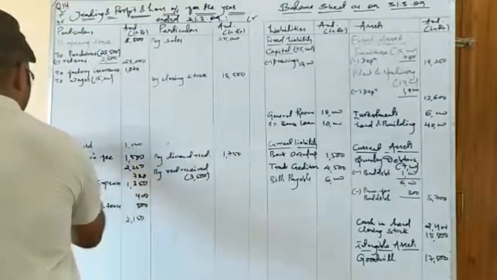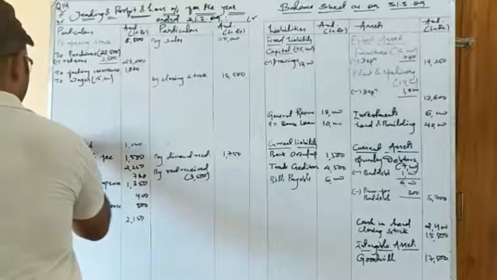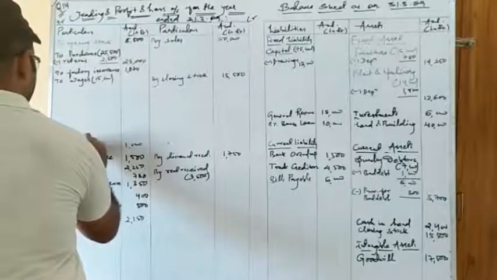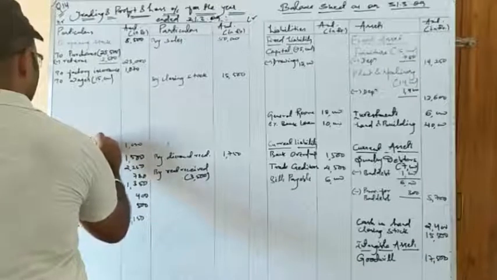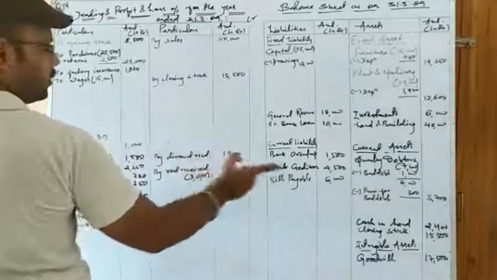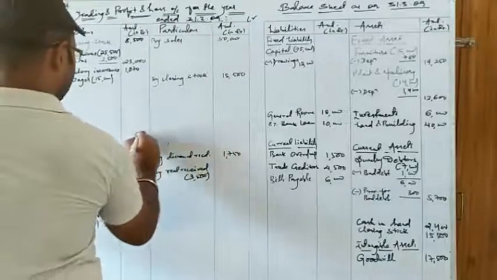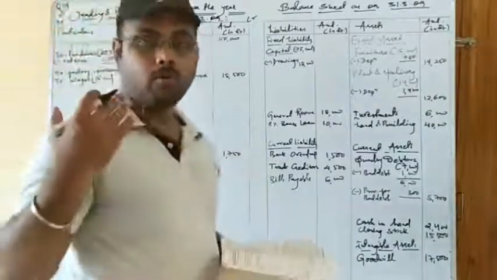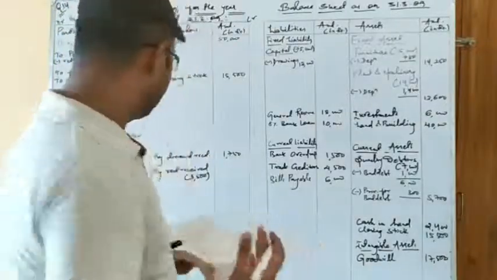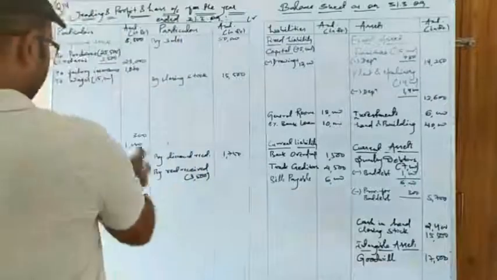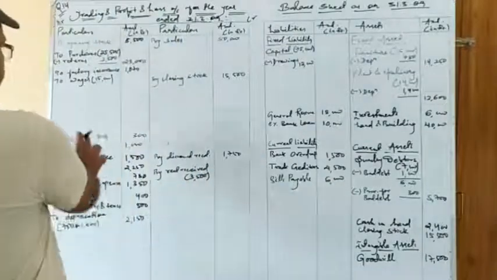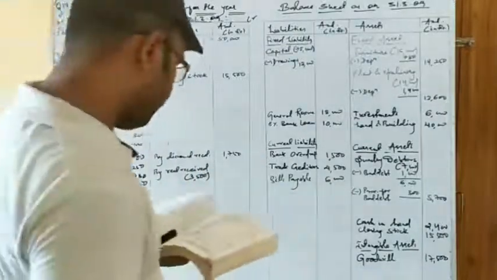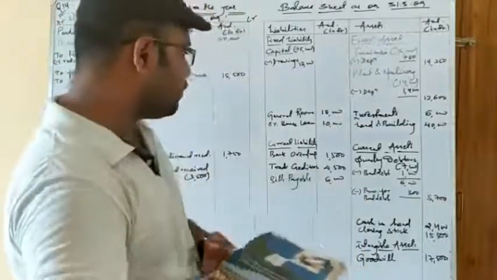So to provision for doubtful debt, that is 300. You can mention it as doubtful debt or bad debt, as I told in the video. Moreover, all things are the same. Since we are running out of space, I have written it in the above part. See, I have made the treatment twice.